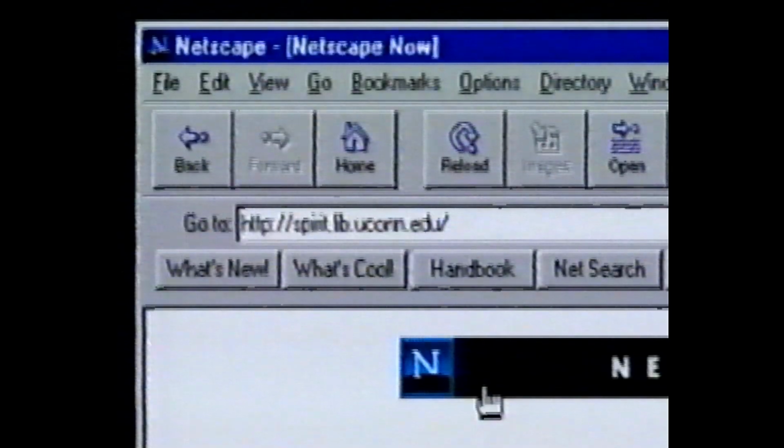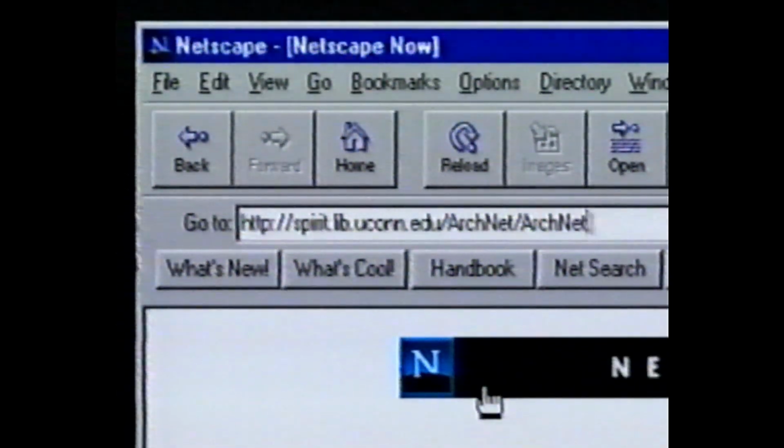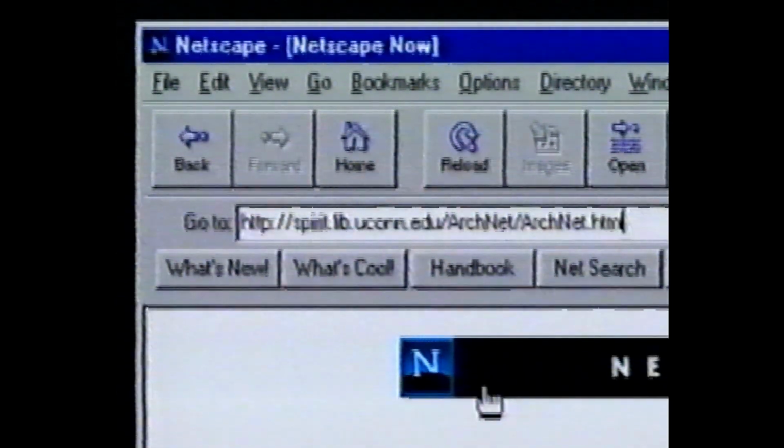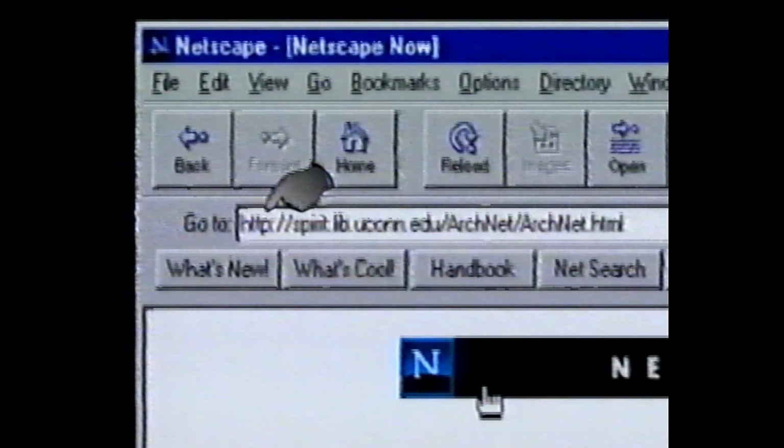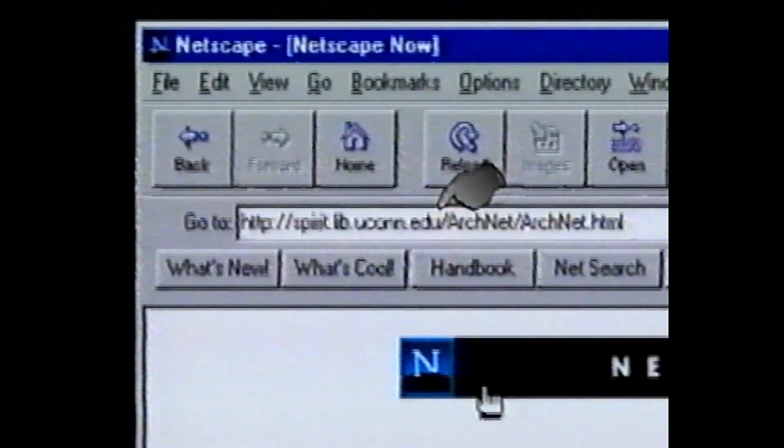Now we type the third part of the URL, arcnet/. And finally, arcnet.html. This URL address is saying, using HTTP protocol, let's go to the computer called spirit.lib.yukon.edu.